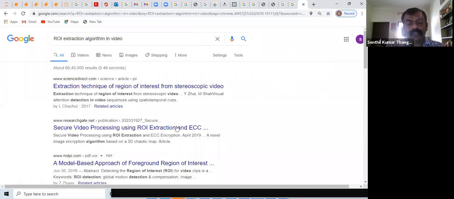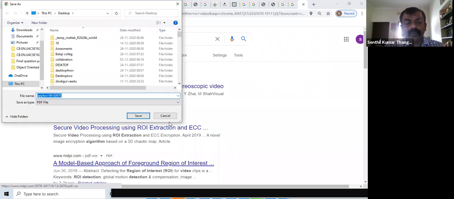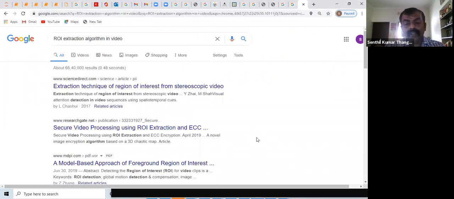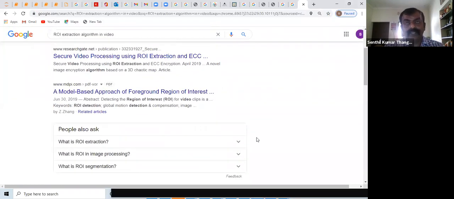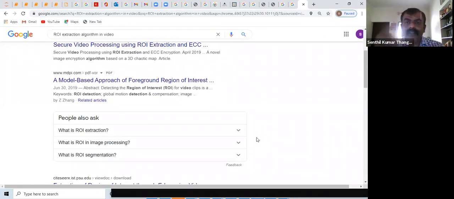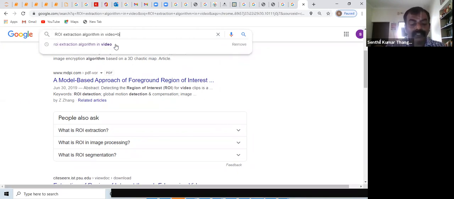And most of these algorithms you can see here, right? Most of these algorithms relate to the idea that you are looking at a block of information which you want to extract, right? Block in the sense of what? You are talking about a space. It's basically a square or a rectangle, at least a 2x2 block which you want to match. So from one frame to another, you try to compare that block region and show that, yes, this is a block that I want to look for. So this is what is happening with respect to ROI extraction in video.